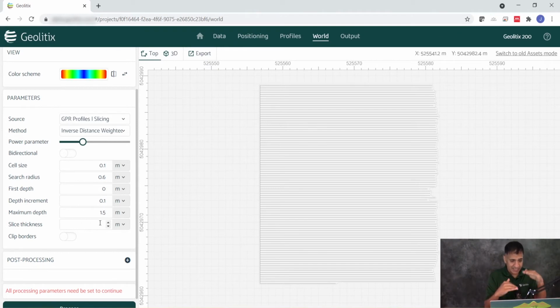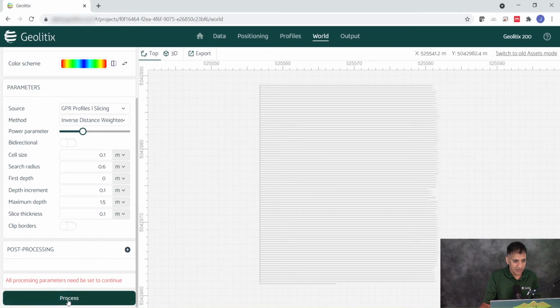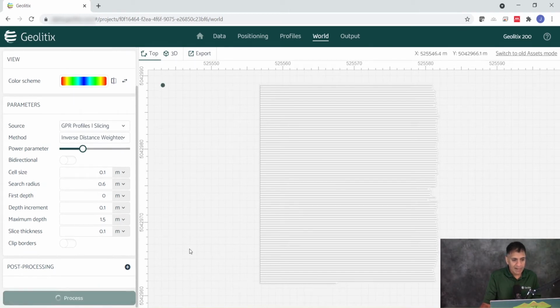Our slice thickness, that's of course our sandwich. So instead of taking a single slice, I'm going to kind of give us a sum over 10 centimeters. And that should be it. Let's go ahead and process this now. So, and here's